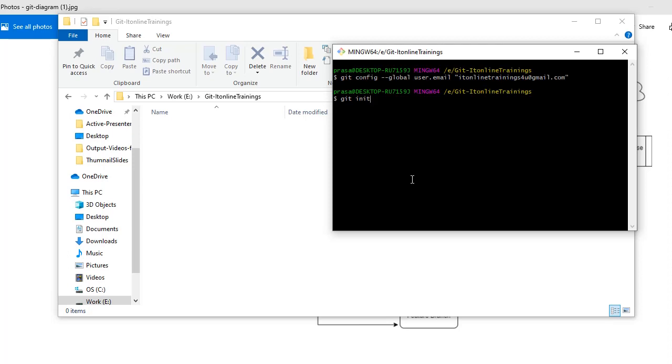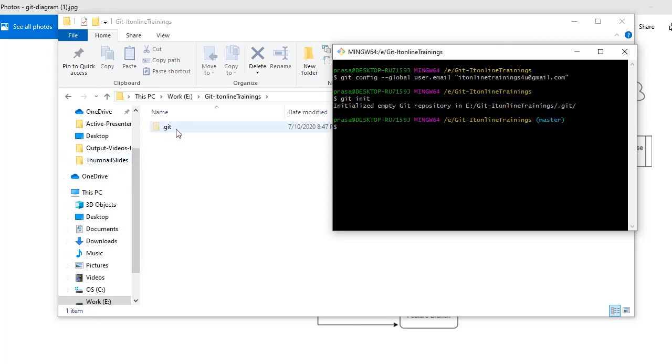It will create a .git directory, which is a hidden directory. So let's try. See, initialized empty Git repository in this folder. Once we enter this command, it automatically creates the .git folder. Now my local repository and the central repository are in sync.